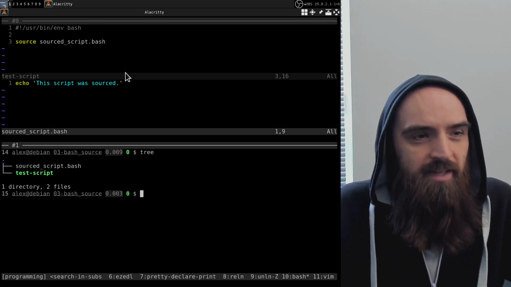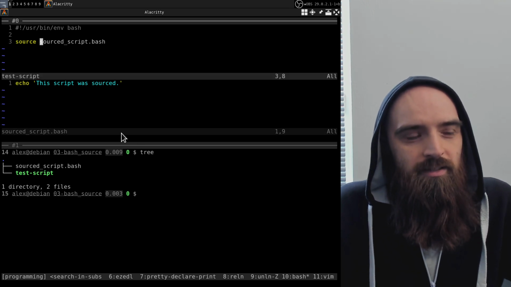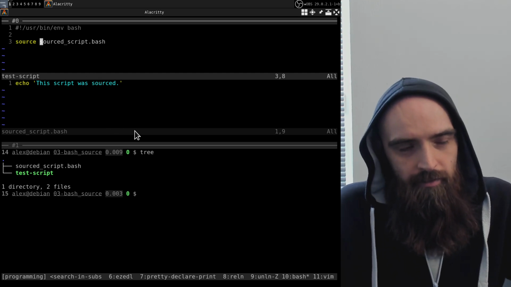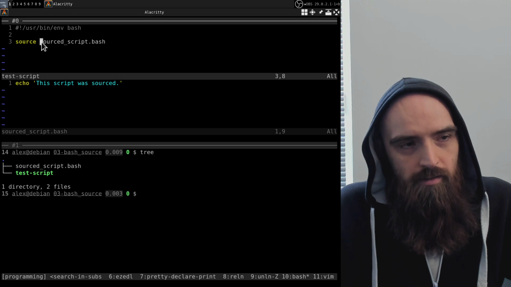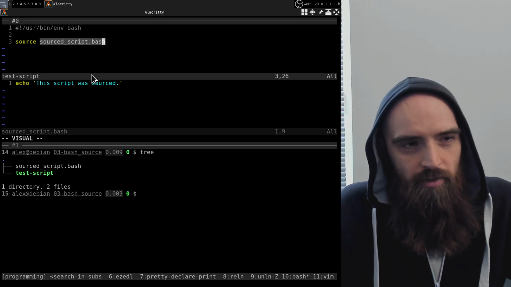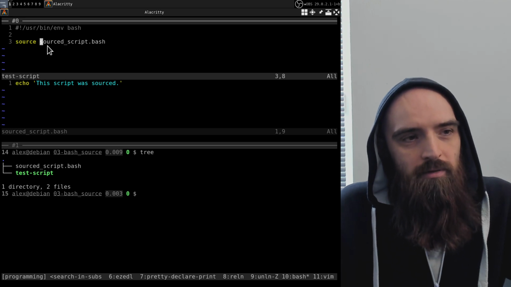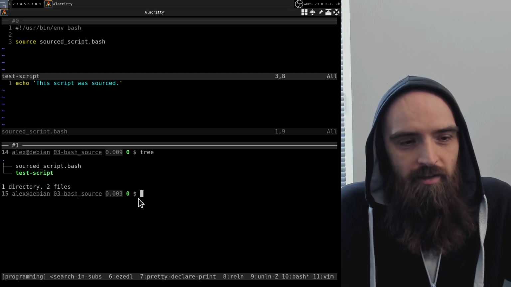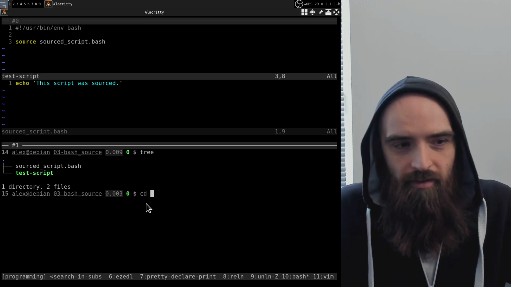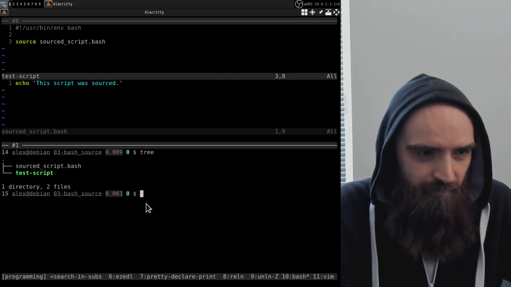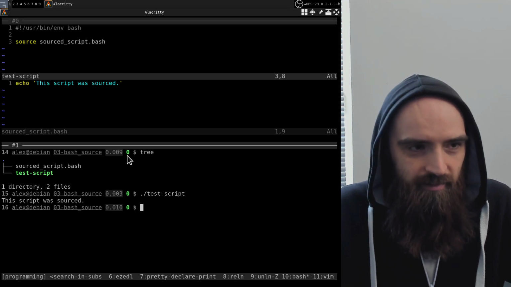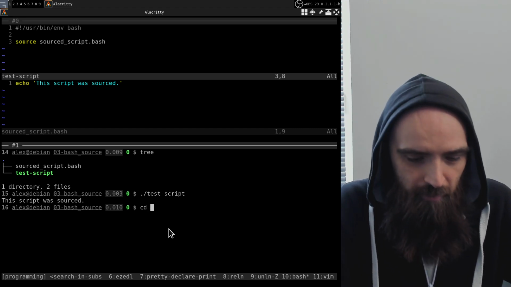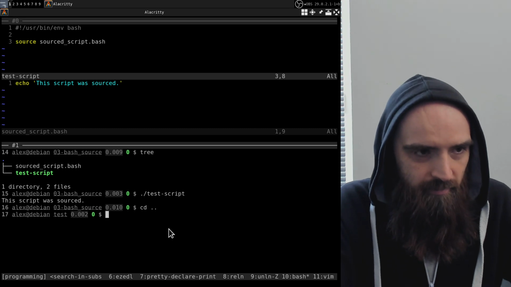So in Bash, if you just do what I have here, it won't work, because this path is a relative path, and when you run the script, it will only work if you are actually cd'd to the directory of your project. So if I run test script right now, it will work, and we can see the message appearing here: the script was sourced. But if I, for example, move one directory down, and now run that script,